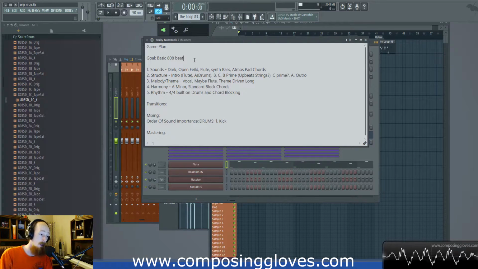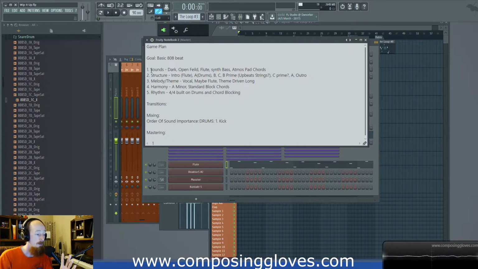Now, I'm claiming this will speed it up. I'm not claiming that this is the magic pill that will solve every problem you ever have. This should just get you rolling way faster, because starting a song is often the toughest part. So the first thing we do is define our goal, and then we go into our 5 major components. I've included some extra categories that we'll be covering in later videos, but I felt like I should at least list them here and ignore some of the decisions I made. Also, if there's a spelling error somewhere on here, it doesn't have spell check, so I'm sorry about that.